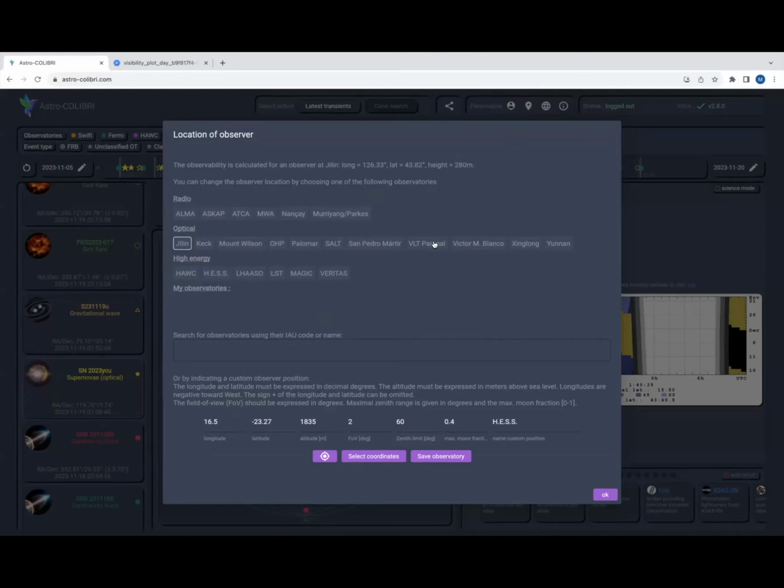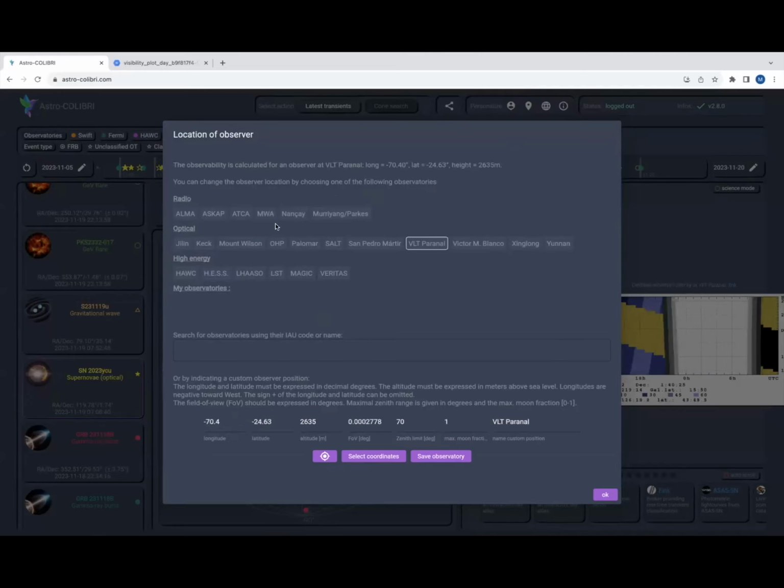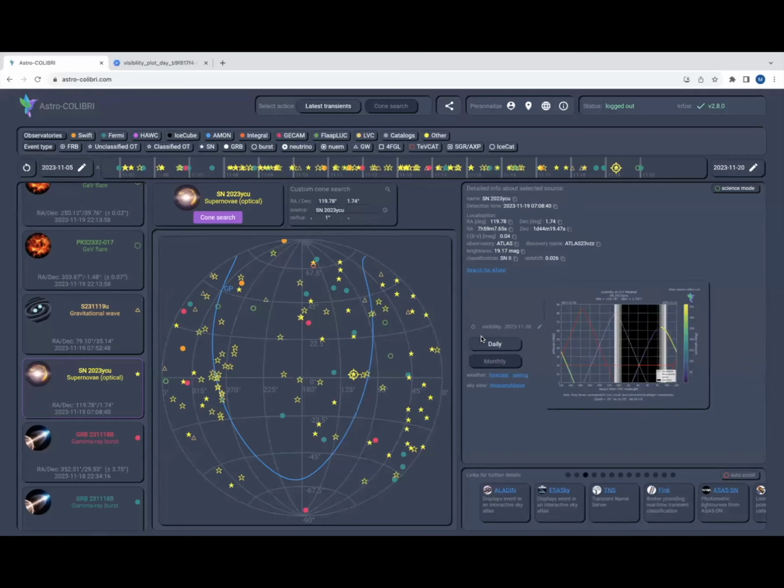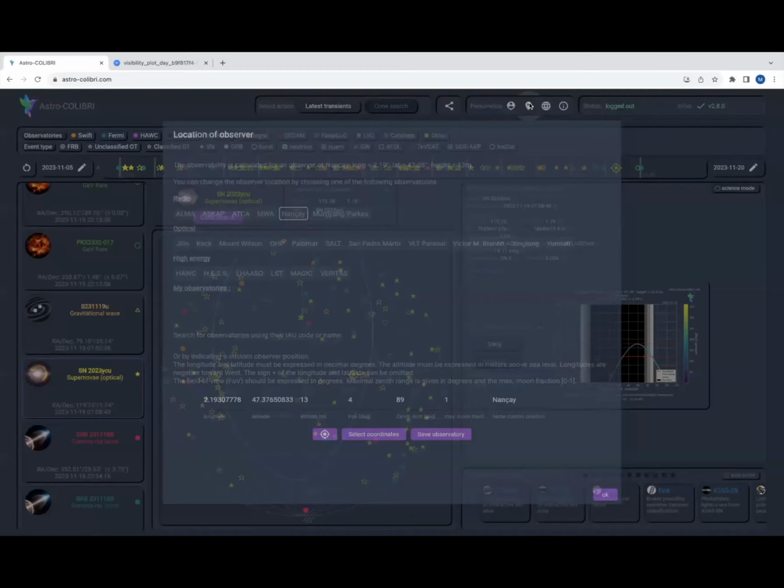So for example, you would like to look with VLT, or, for example, you want to take radio data. So you select it, and it will automatically update the visibility plot, so you can see it's different. And the predefined observatories already take into account some aspects of the specificity of the field. But if you have an observatory which is not here,